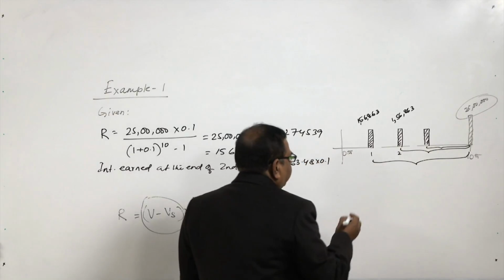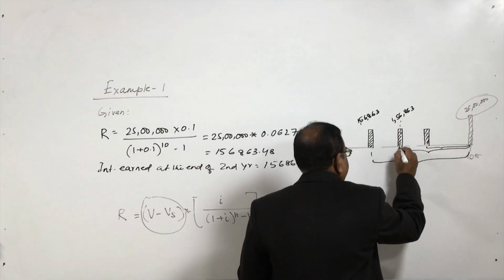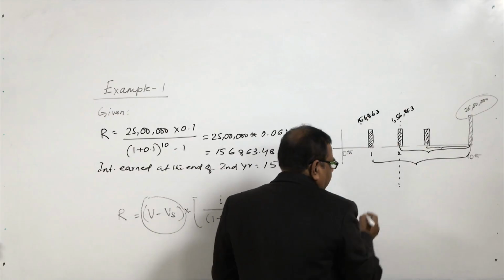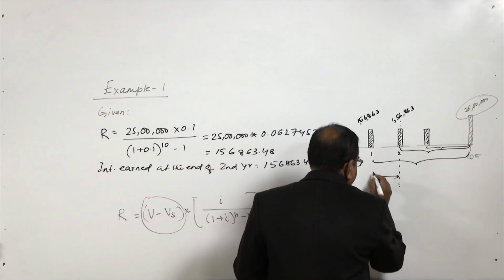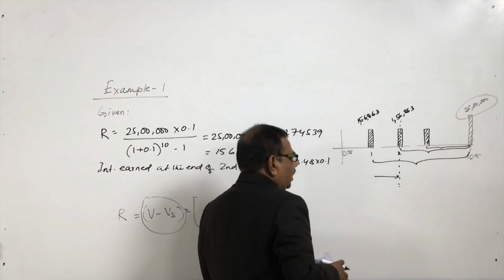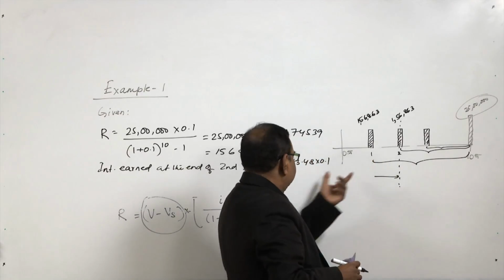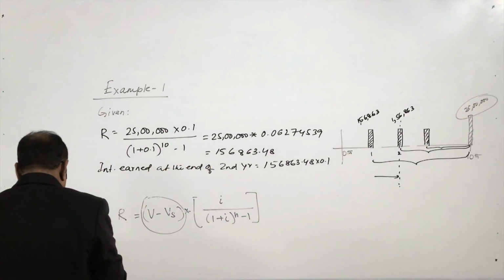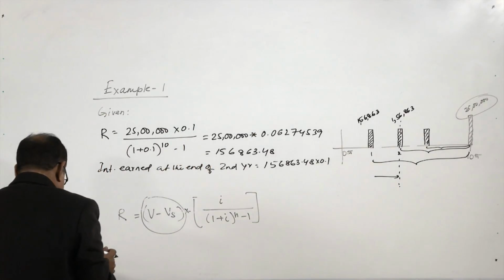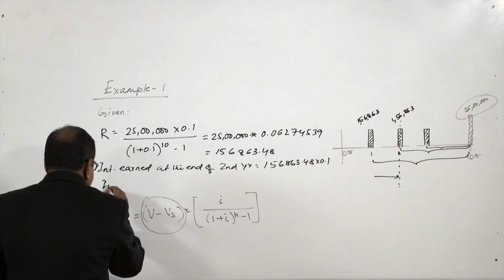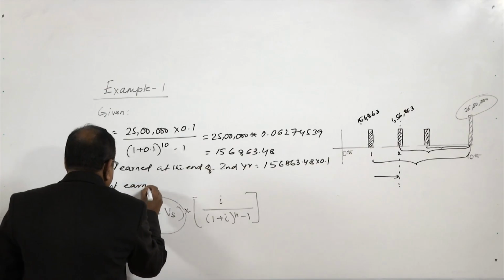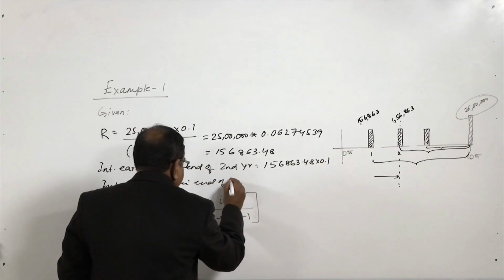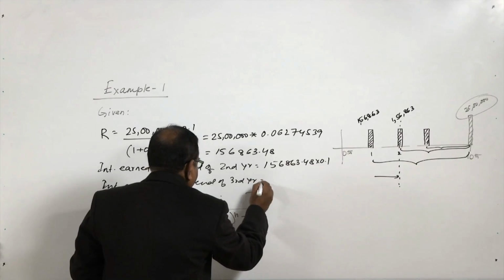Now, I am calculating the interest earned by this amount in 1 year, this value will earn an interest in 1 year equal to this. Now, the interest earned at the end of the third year will be,